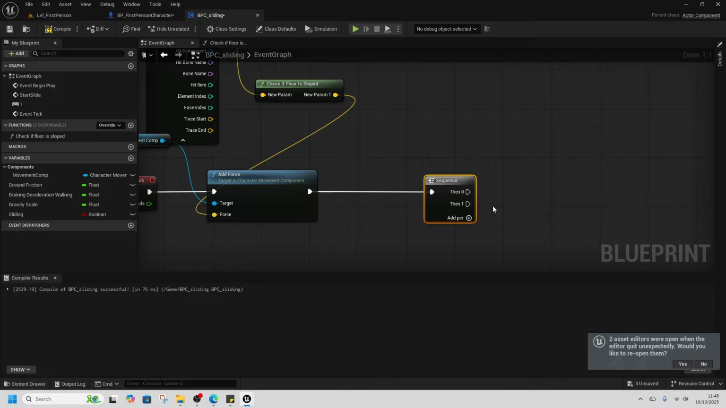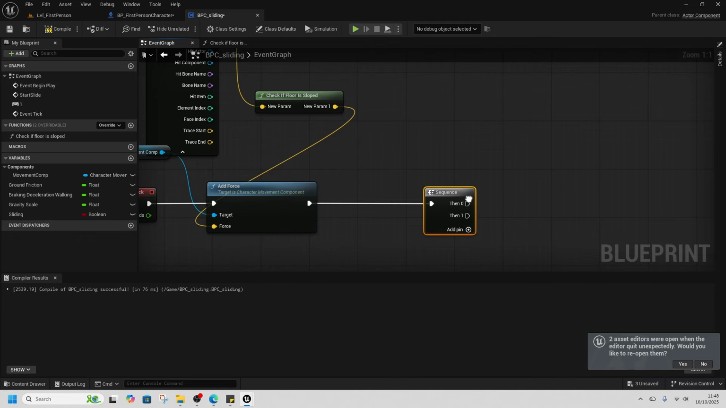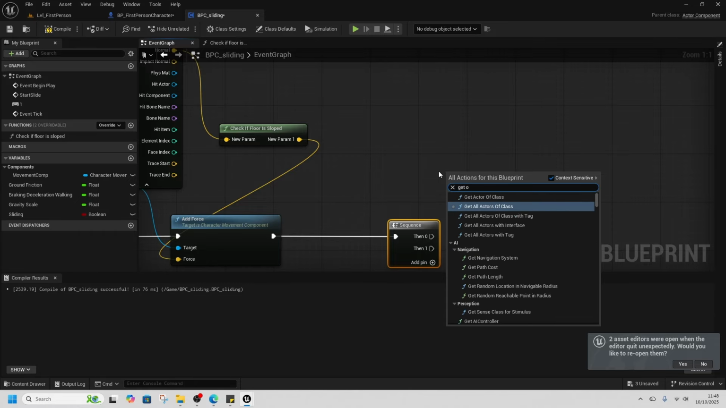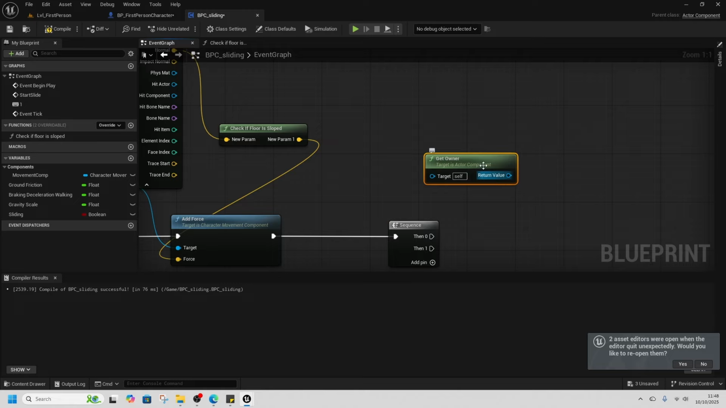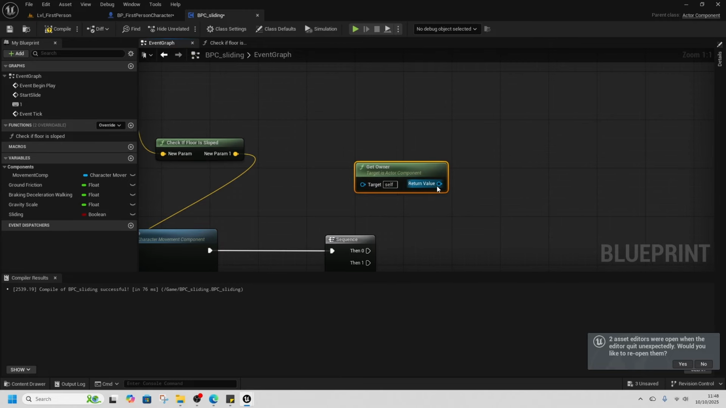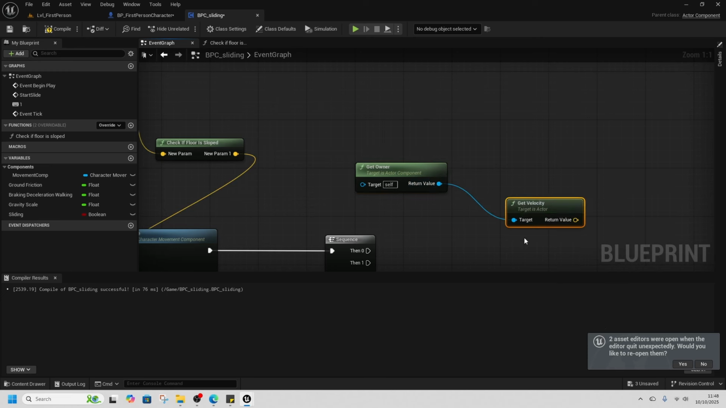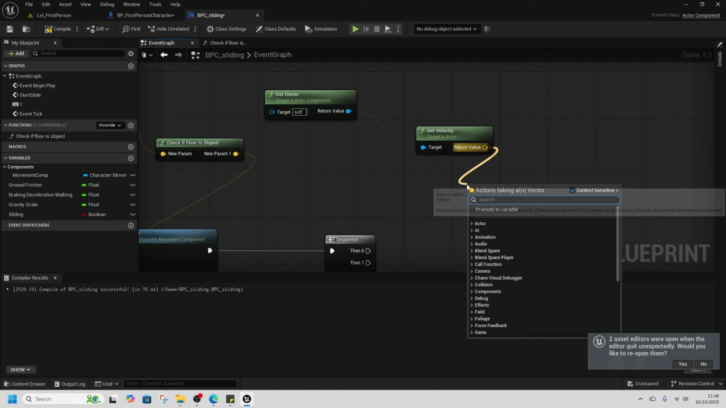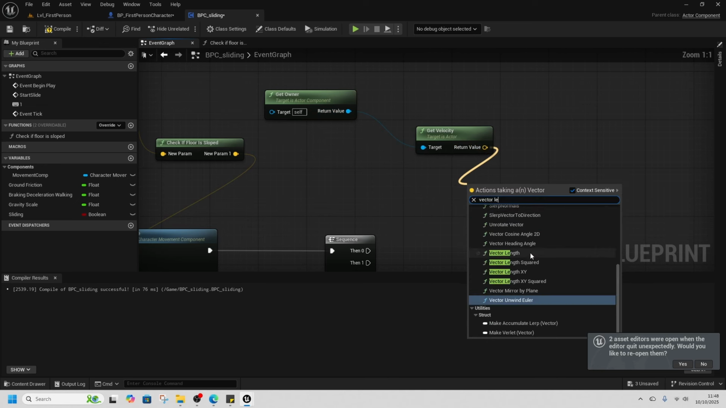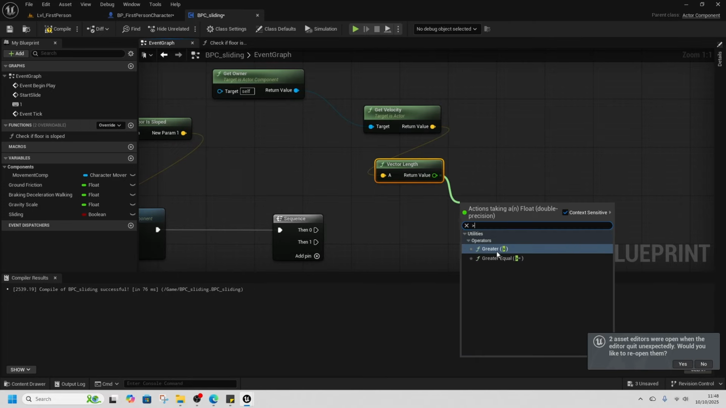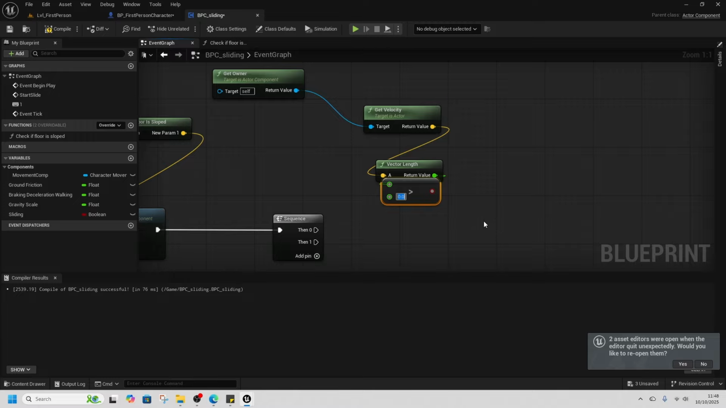and we're going to make sure that our velocity... So we're going to get owner again. Get owner. And then we're going to get the velocity. And we're going to get the vector length. And then we're going to check if the vector length is more than the max speed that you want to go. So like 1,000. And if it is, do a branch,